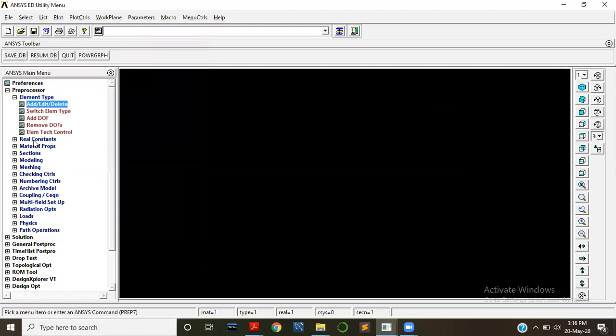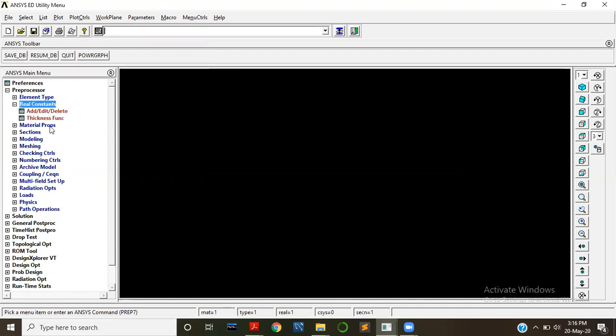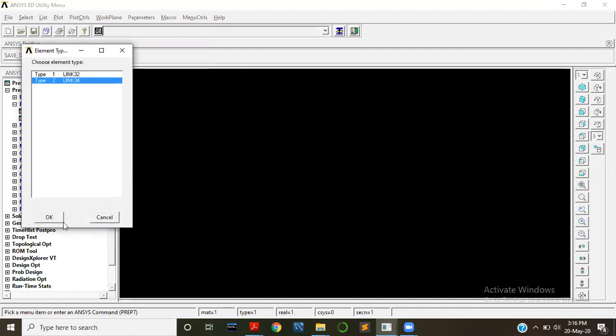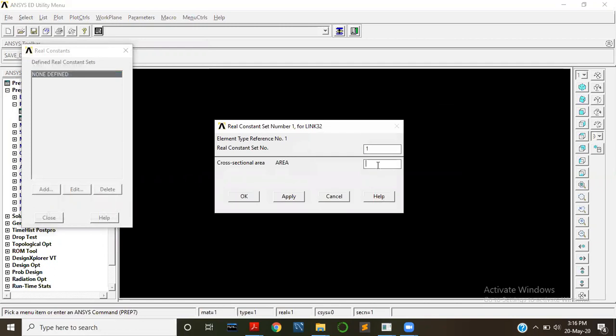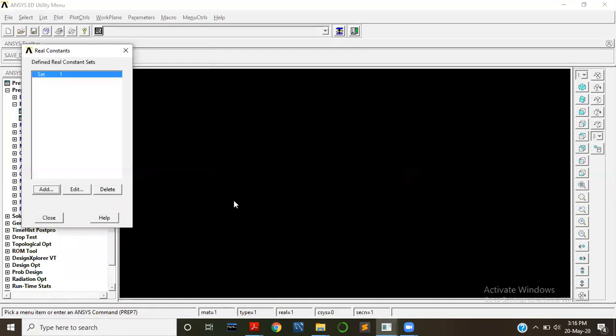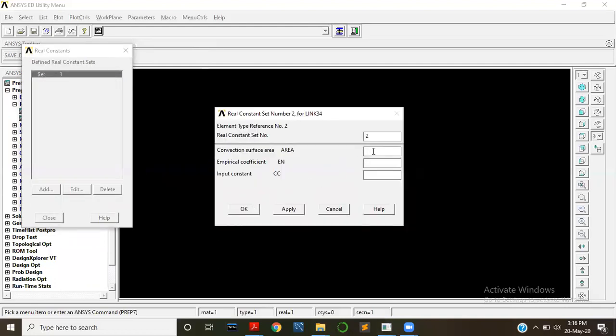Then Preprocessor, Real Constants, Add/Edit/Delete, Add. Select Type 1, OK, and for Type 1 the area is 1. Then add for Type 2, OK, cross sectional area is 1.